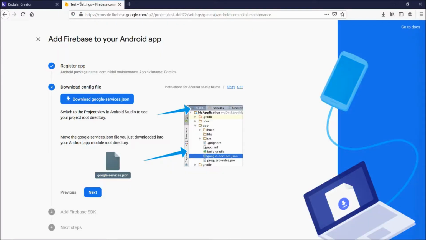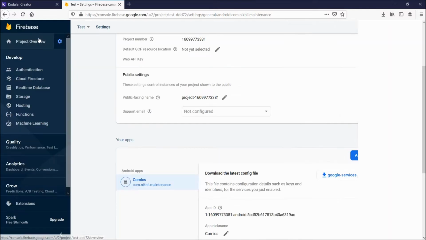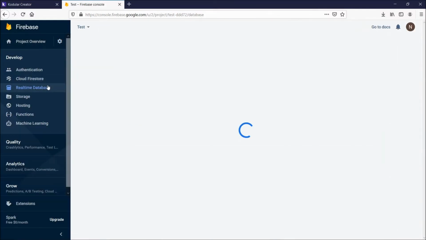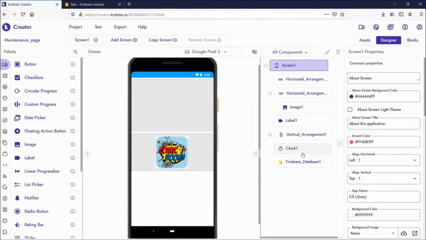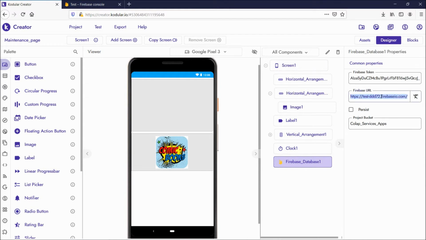And this is the URL, which I'm copying, and I'm going to the Kodular Creator and pasting this URL here. So this is how I pasted the Firebase token and the Firebase URL. Now let's get into the blocks section.